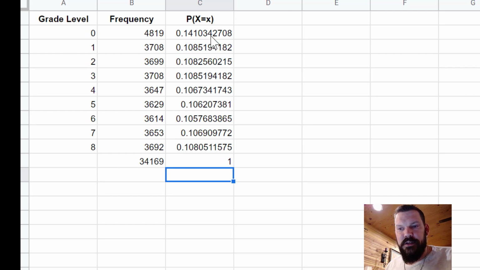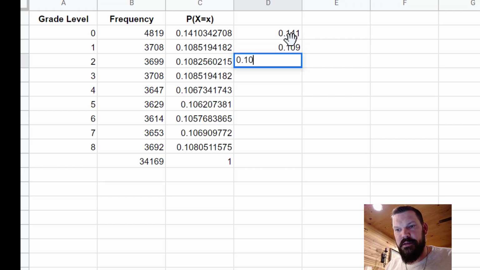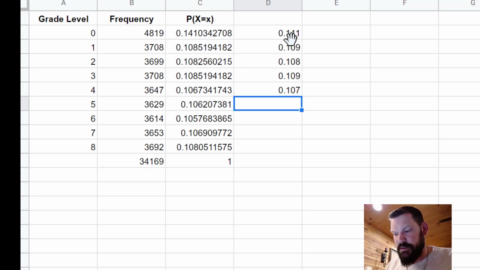We can round these to 3 decimal places. We don't want to include that many decimal values on any probability distribution. So just for example, we have 0.141, 0.109, 0.108, 0.109 again, 0.107, 0.106,